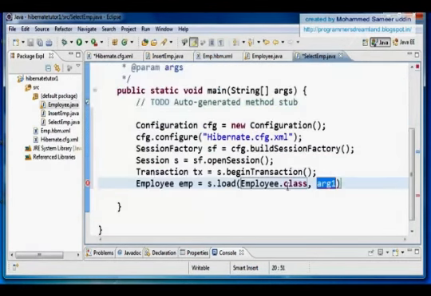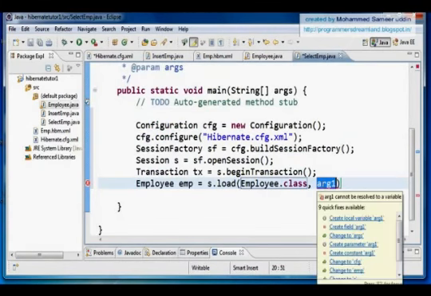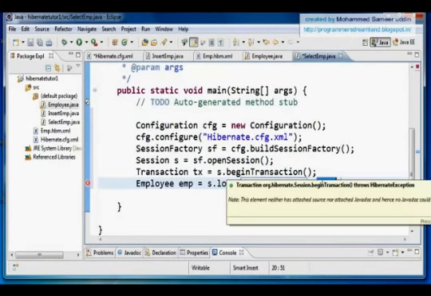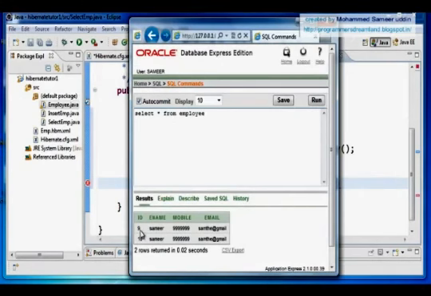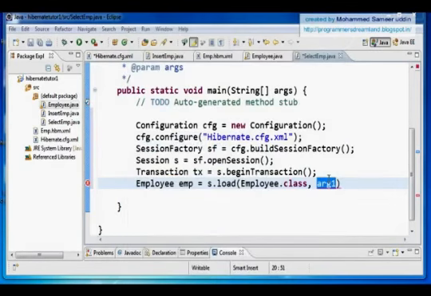So in the load method, the second argument stands for the identifier column value. The load method wants the user to give some identifier column value. Now in my ID column I have the values 9 and 10, so it wants me to give one of these values. Based on this value it has to load the whole row in my Pojo class. For example, if I give ID value 9, it's going to load row number 9 in my Pojo class. So I say new,